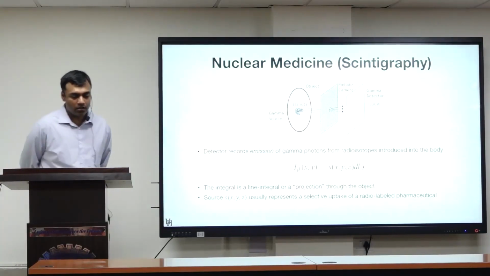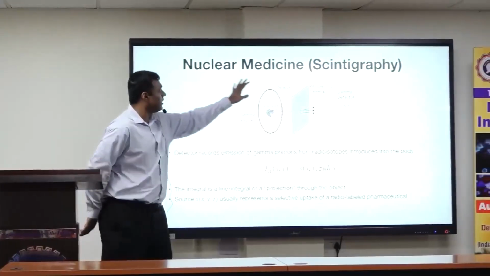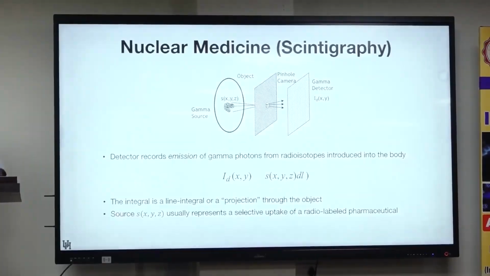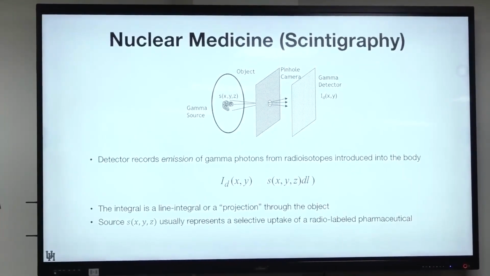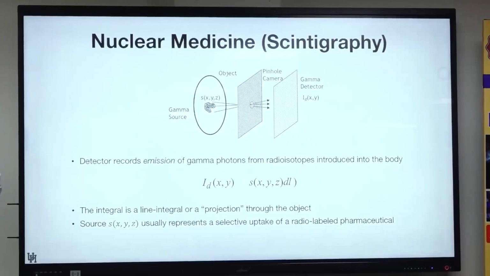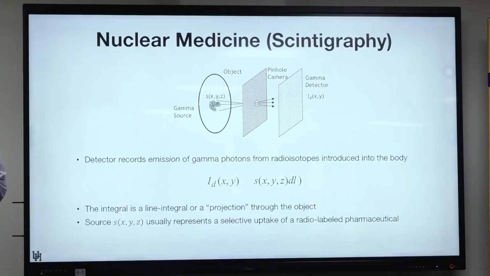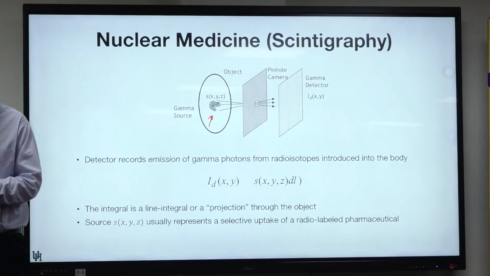So the next topic I wanted to cover is what is called nuclear medicine. This is yet a completely different way of getting images from inside the body. The first version which I'll talk about is a 2D version. This typically requires contrast agents directly. So if some organ in the body